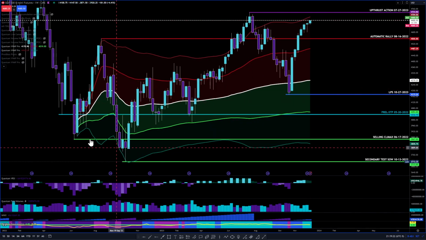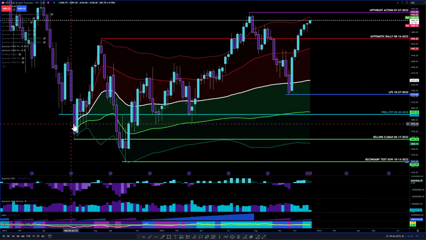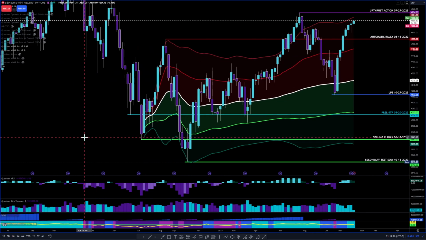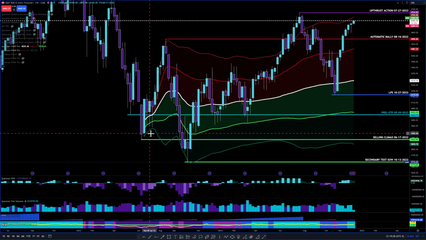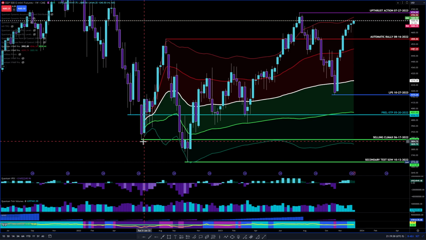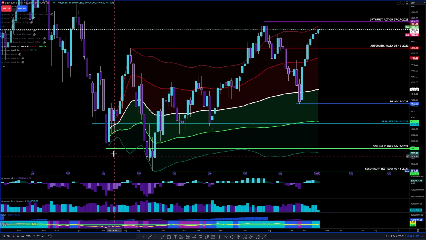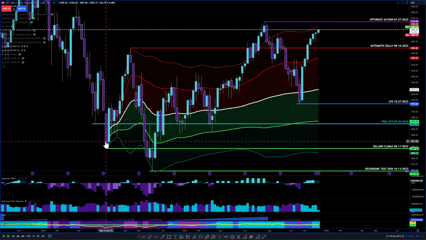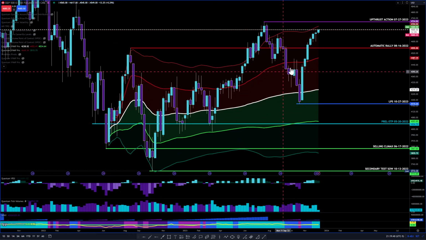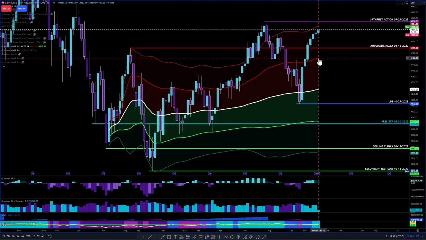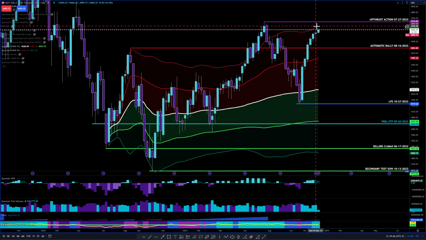So I also did an anchored VWAP from the preliminary stop. Well, actually, it wasn't from the preliminary stop. It's actually from the selling climax, right? So that was the most volume right there. So I started from that event. So we have the upper VWAP band here, and we have the second upper VWAP band, right?